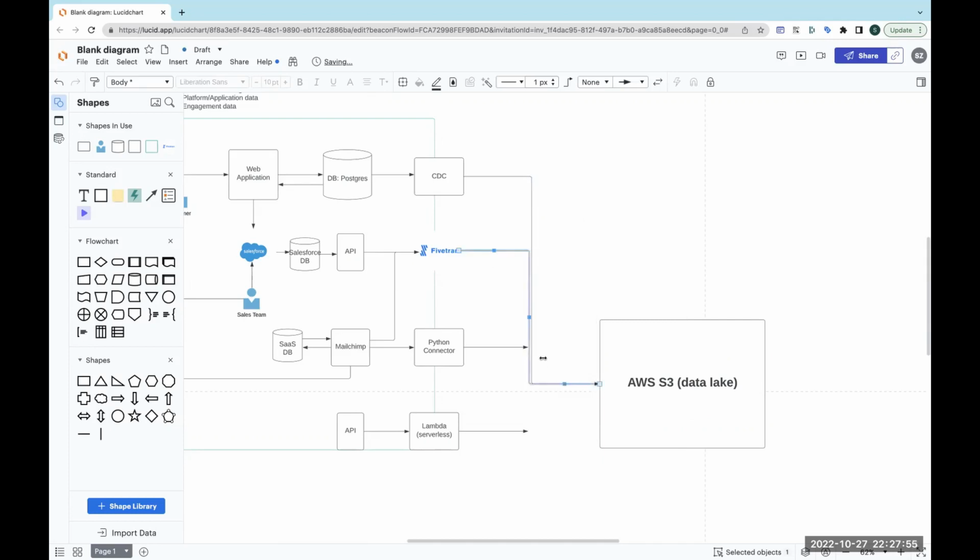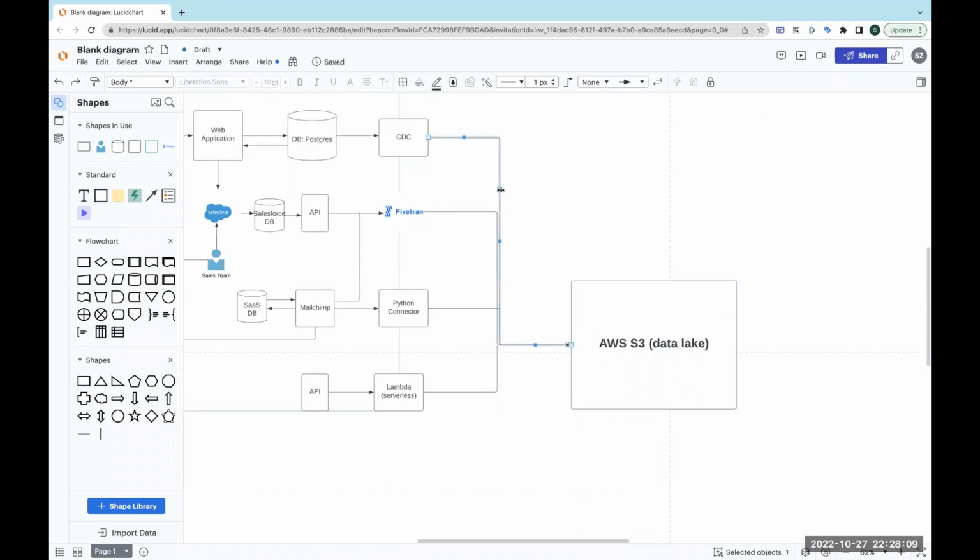Fivetran is a little bit special. We'll talk about that. But that's one place where you can dump all of your data, and then data integration happens from there. Data lakes became popular during the big data era, because the company has so much data that storing all of it in a relational database sometimes doesn't make economic sense. And the company has a lot of unstructured data as well. If you have a chat application, you have a lot of natural text data that you want to apply natural language processing to later. Better to keep that data in the data lake, like Amazon S3 or some sort of NoSQL